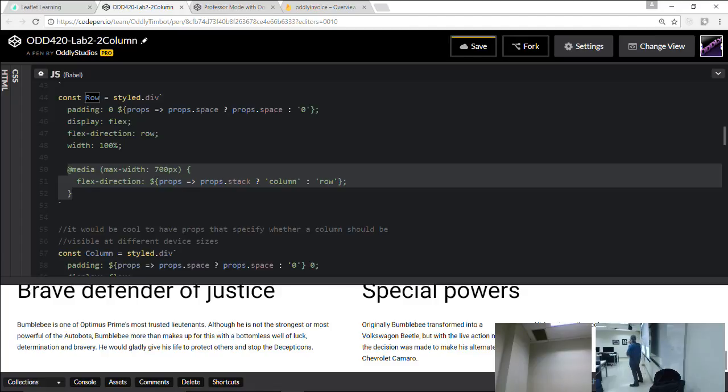So what I'm doing here is saying, when the media query kicks in, take a look at the props and see if you should stack or not. If there's no stack prop, it doesn't bother. It still tries to keep them side by side. So now I can choose which of my rows should stack when the screen gets small. Very, very handy.